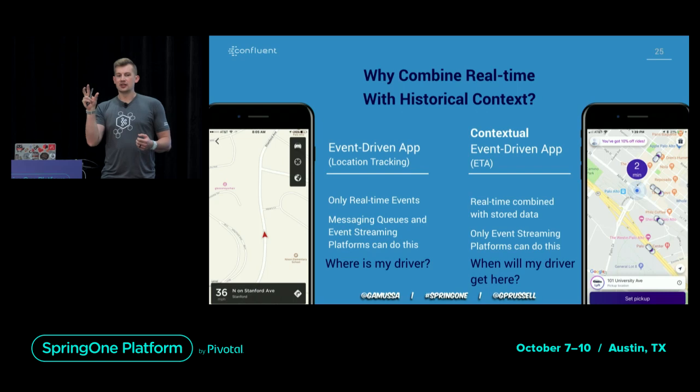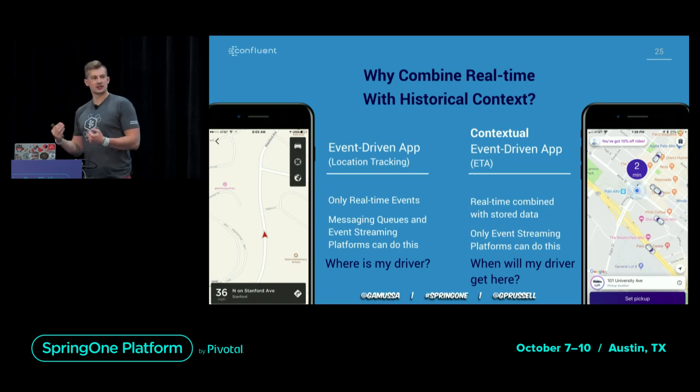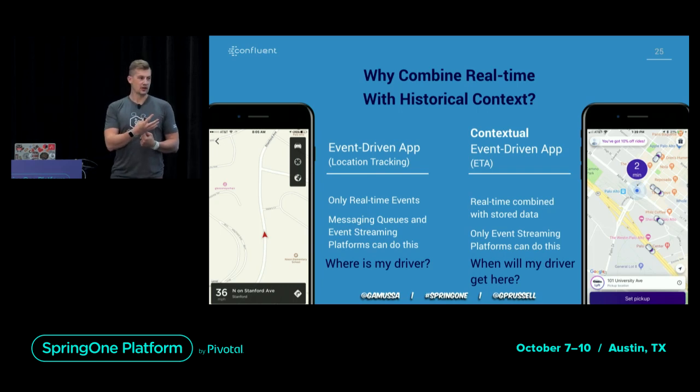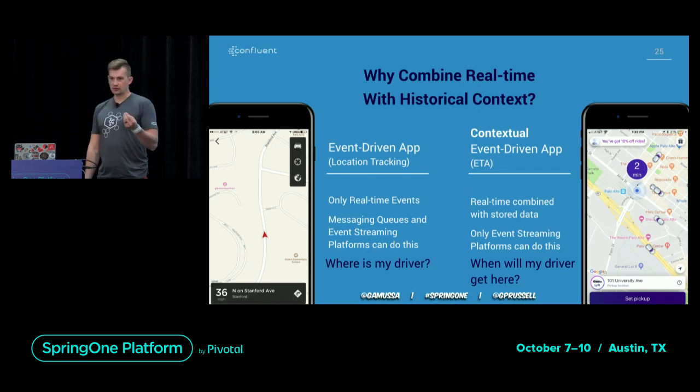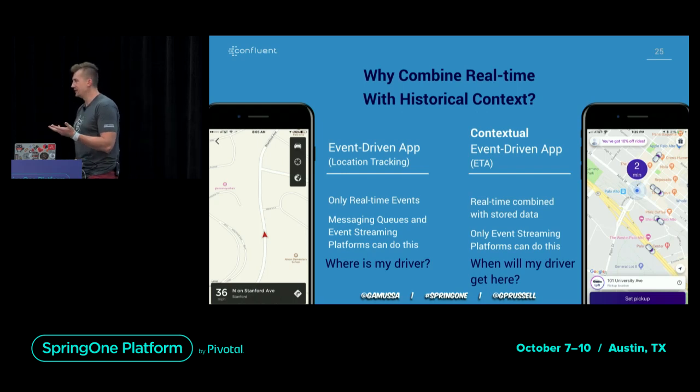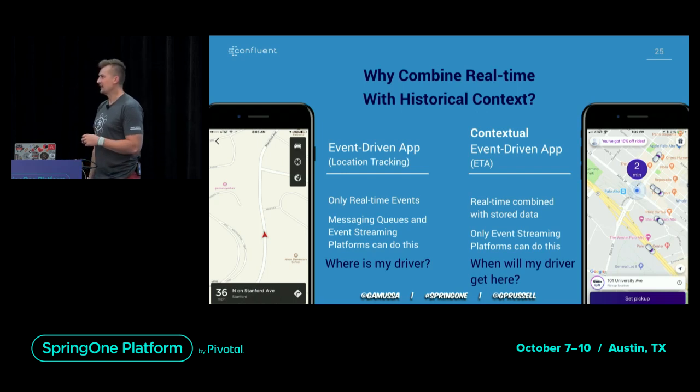Based on your location, based on your current coordinates, they were able to merge this with the information that they get from advertisers so they can display this ad for you. So this is what a contextual event streaming application looks like. You've seen this already multiple times. Now you know how it's called, right?